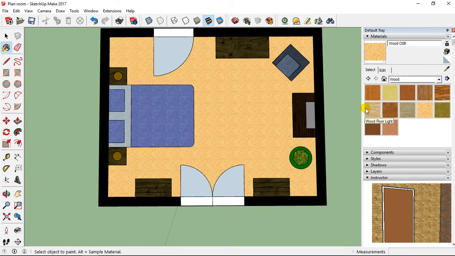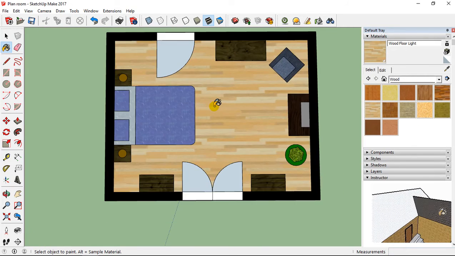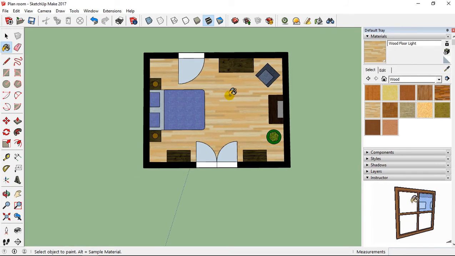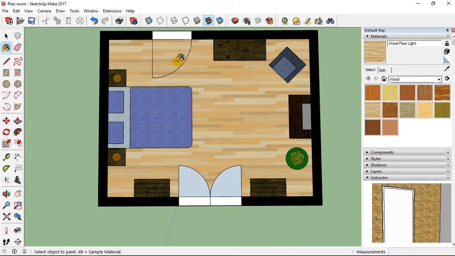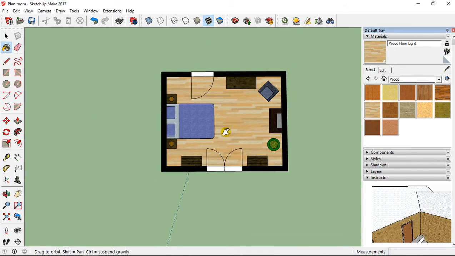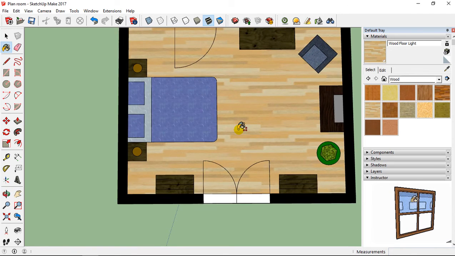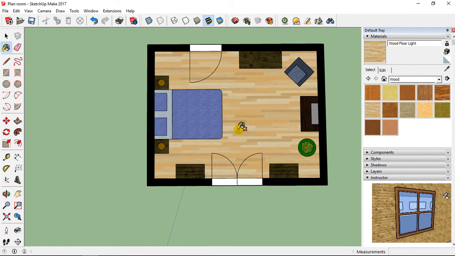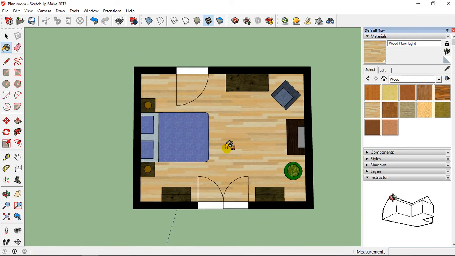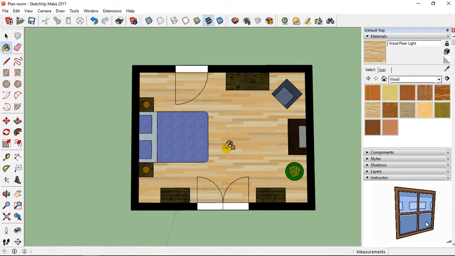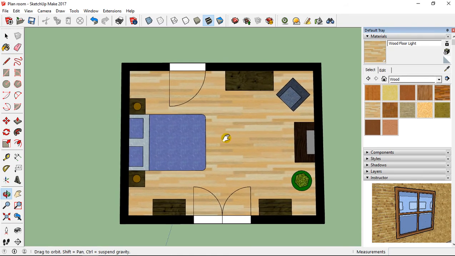So I'm going to select wood floor light and add this like that. And also inside this and inside this. And it's okay, we have finished adding colors on your document.